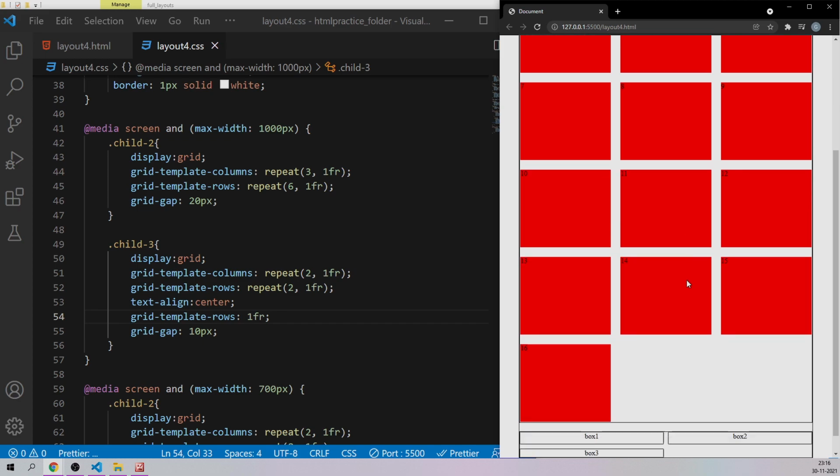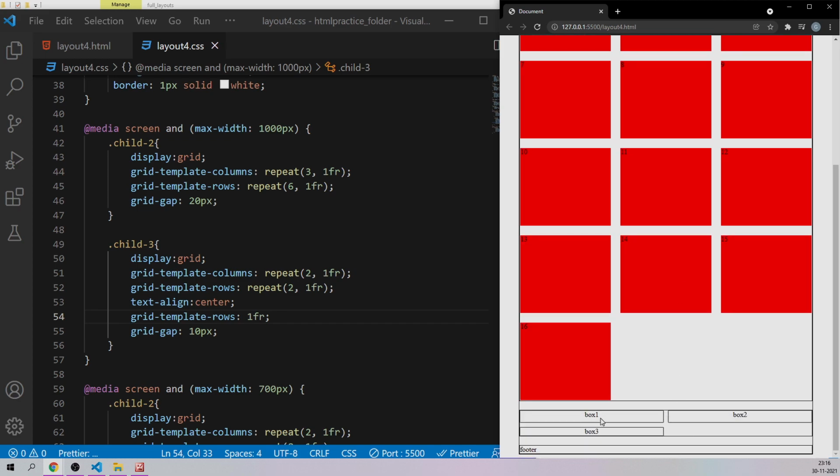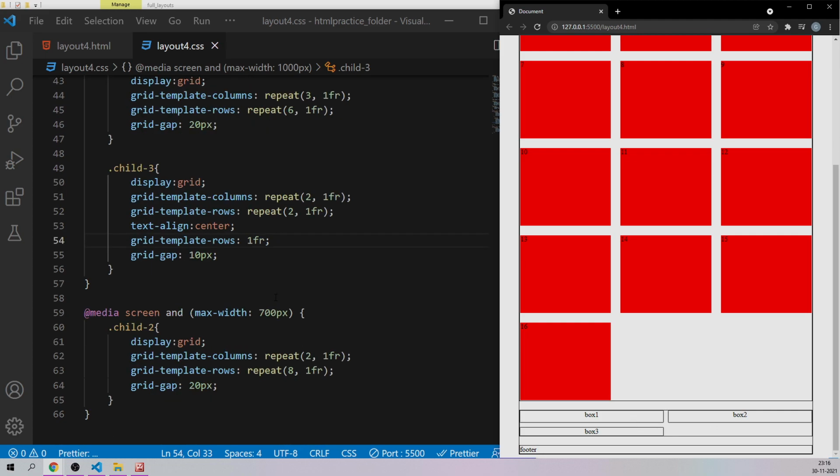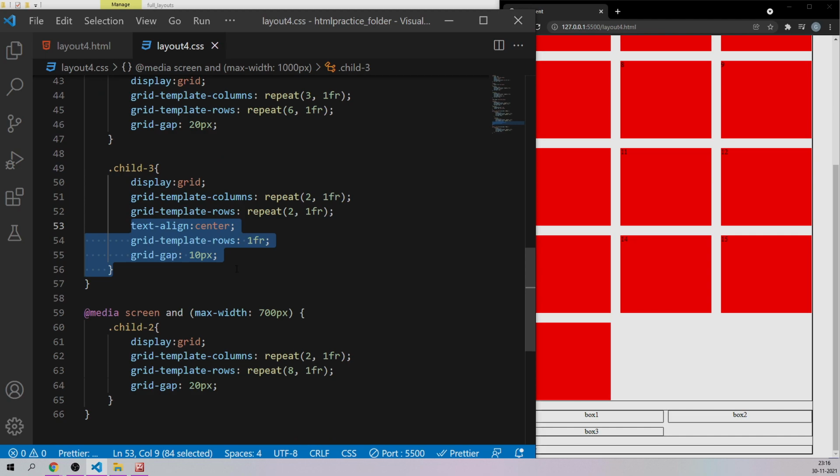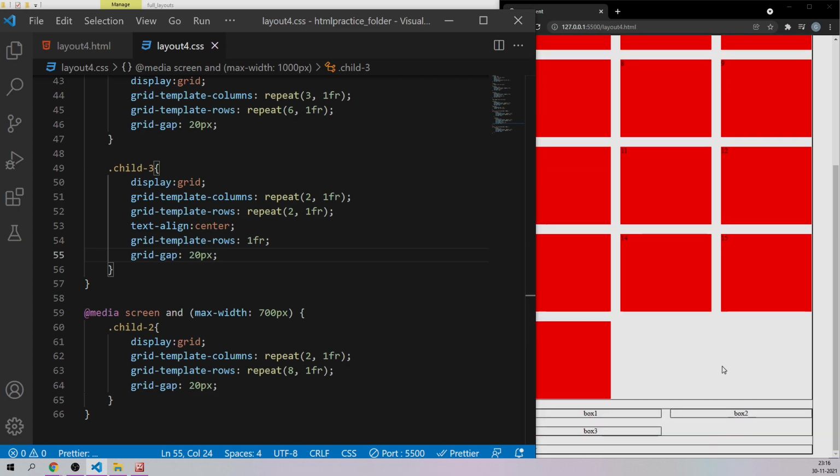Let me come to the website and show you that here you have your box 1, box 2 and box 3. 2 rows and 2 columns. And the same thing. And here let me just increase the grid gap to 20 pixels. So here we have that particular element like this.